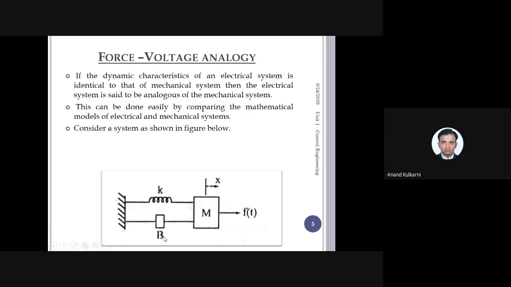Why? What we are doing is trying to see the characteristic equation of a spring and compare it with the characteristic equation of the electrical system. And when these two characteristic equations match, then we say that the mechanical system is analogous to the electrical system. That is what force and voltage mean here. The terms in the mechanical system are very much similar to those in the electrical system, because both have similar characteristic equations.